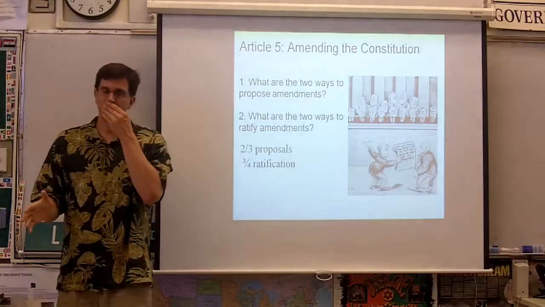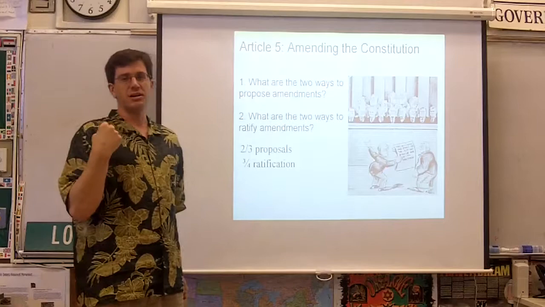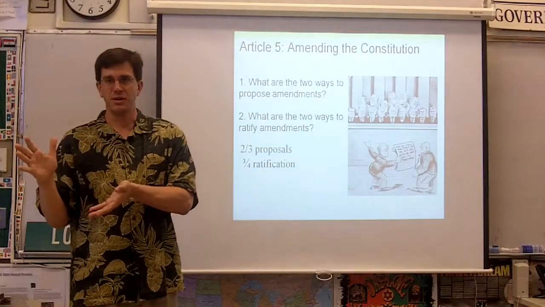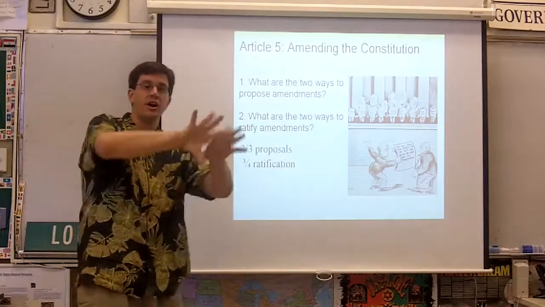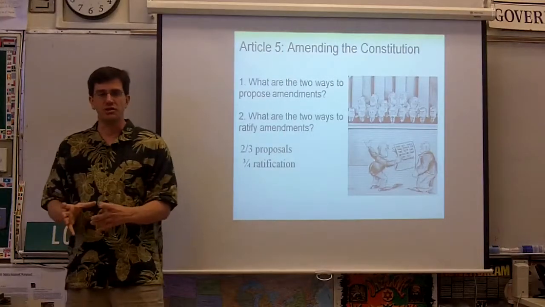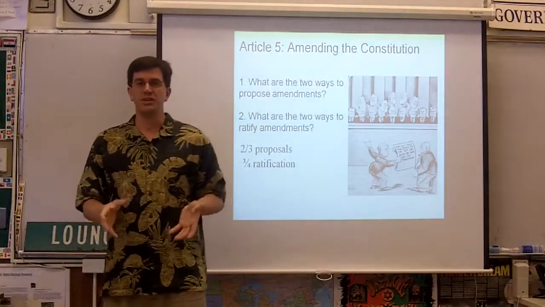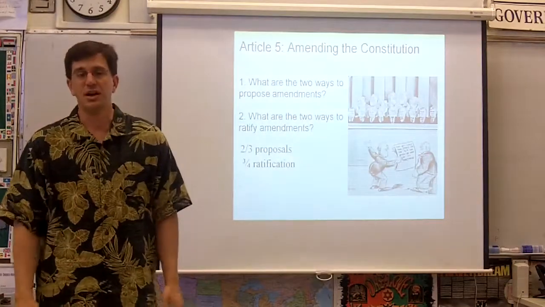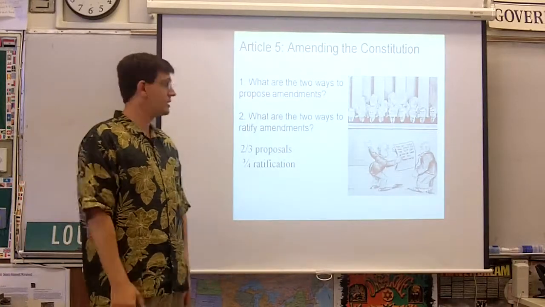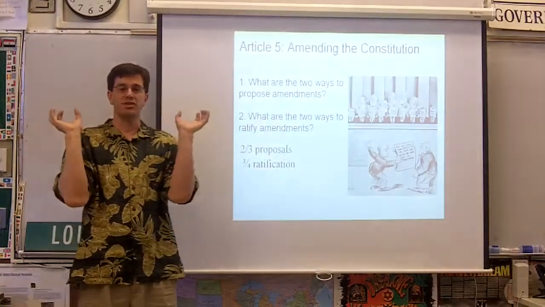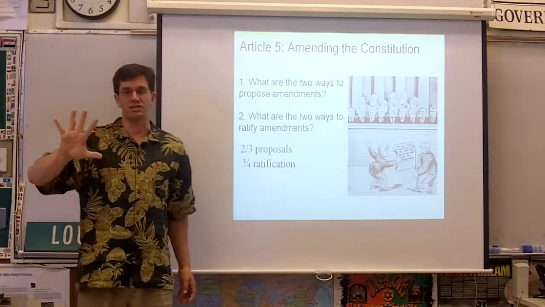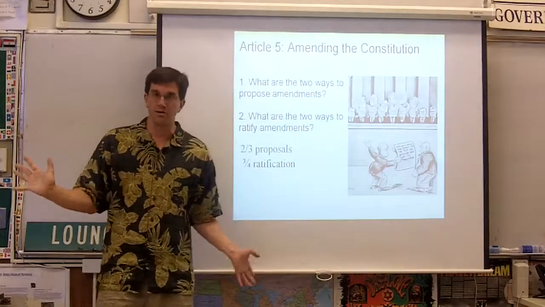Officially proposed amendments happen one of two ways. 2/3 of both sides of Congress vote for the language of an amendment, or 2/3 of all of the state legislatures across the country call for a national convention for the purpose of proposing amendments. That's never happened. Every amendment out there has been proposed by 2/3 of both sides of Congress. Now, once you have an amendment that's officially out there and proposed, Congress often gives it a sunset period too. It only lasts 5 years. If it's not ratified within 5 years, it expires.